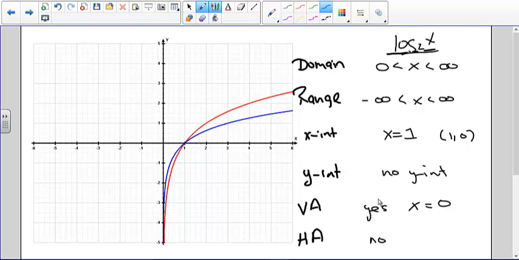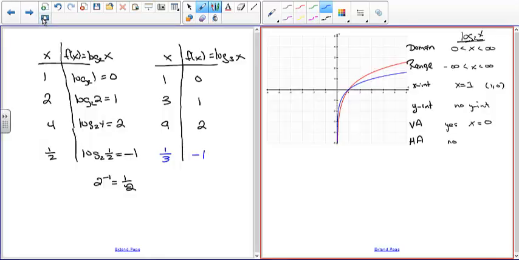There is a vertical asymptote at x equals 0, and there are no horizontal asymptotes. So this flattens out, but it never flattens out to a given value. It'll continue to increase to infinity, increases slowly to infinity. And you can see the red curve, the blue curve has the same things. It has the same domain, range, x-intercept, and so forth. So these are the parent functions for the